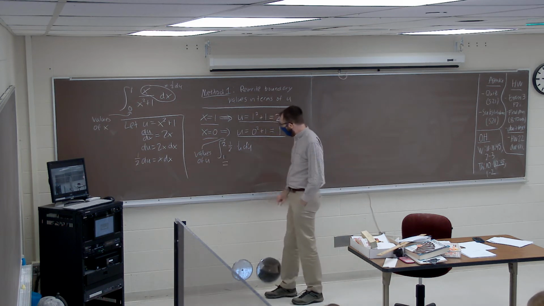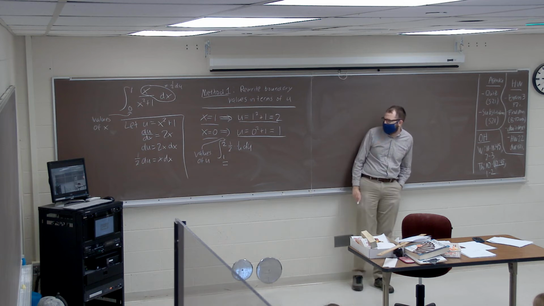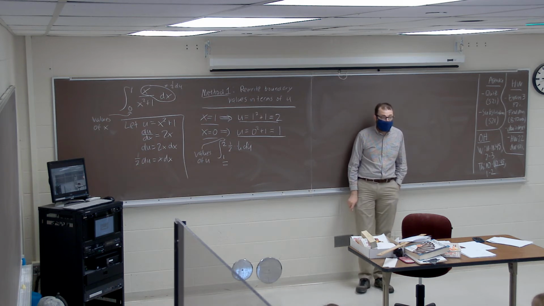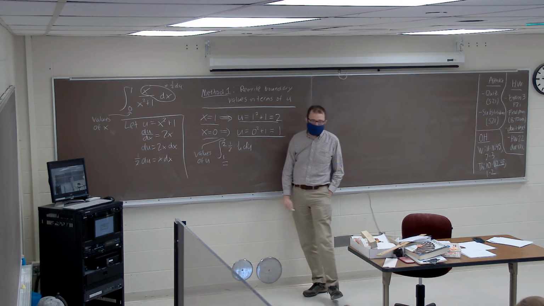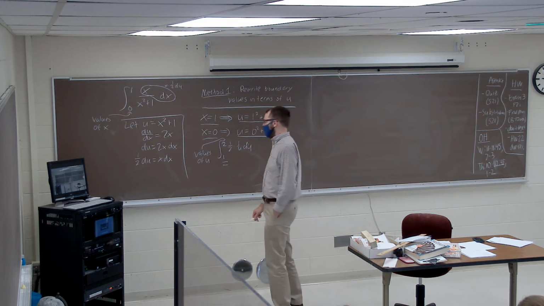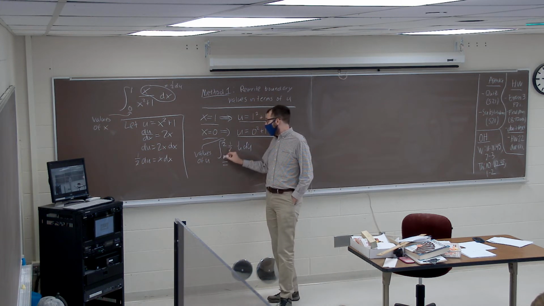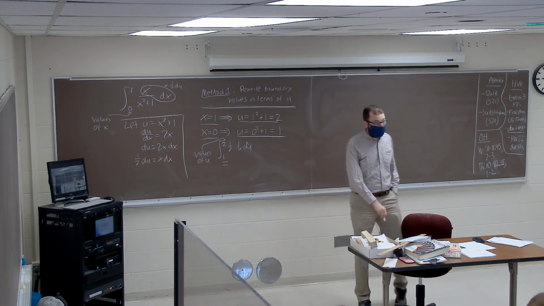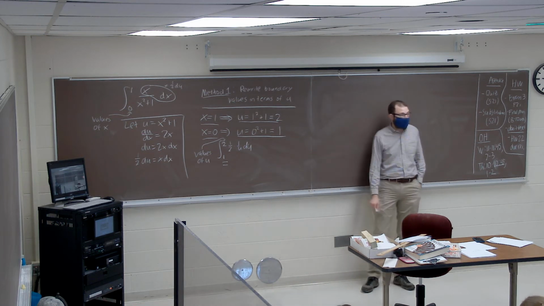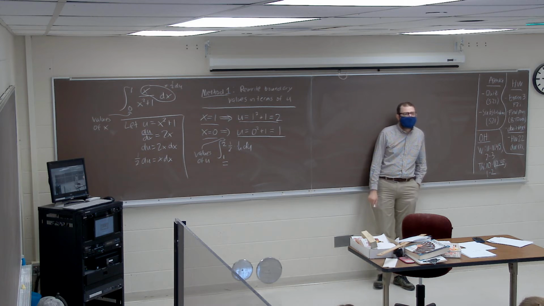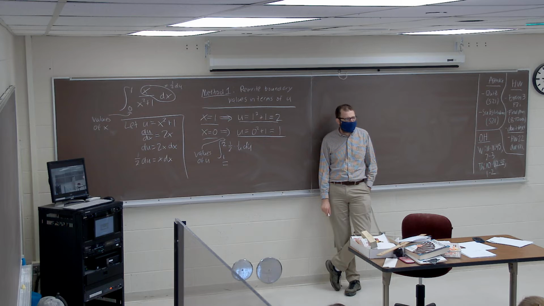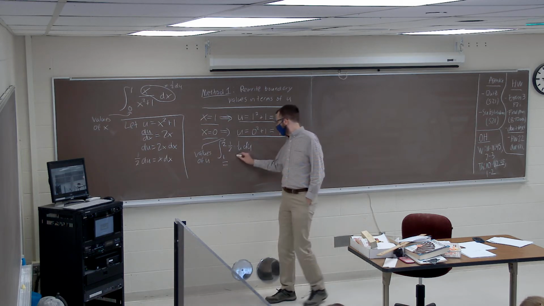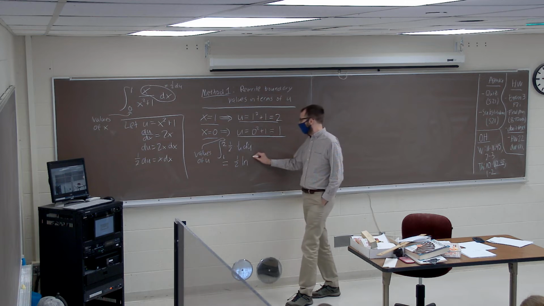So let's integrate this now. If we use the fundamental theorem of calculus, that's going to tell us as long as we can take an antiderivative of 1/2 times 1 over u with respect to u, then we can plug in our u values, 1 and 2, in order to get a numerical value for our final answer. What would we get if we wanted to find an antiderivative of 1/2 times 1 over u? Zach? 1/2 times natural log of absolute value u.